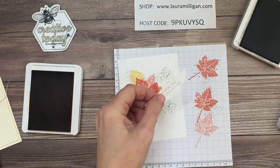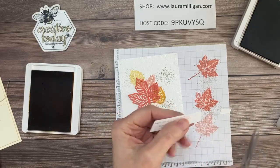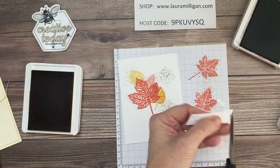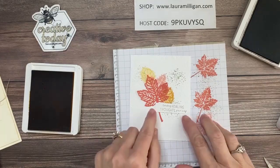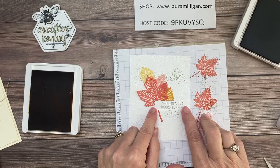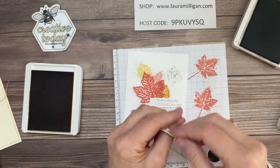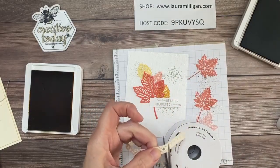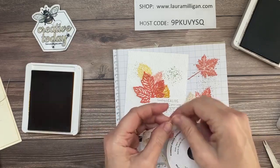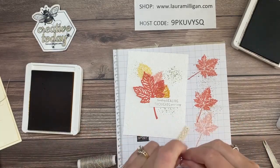I'm going to trim this up a little bit more. Like that. And I probably can snip off a little bit of this as well. Yeah, and that looks good. So that's going to go about right there, and I'm going to take some of this diamond weave ribbon and just a small piece of that. That's probably going to be about long enough. And I'll just cut that. This is really pretty. It reminds me of crochet trim. All right, and then I'm just going to take some linen thread, and